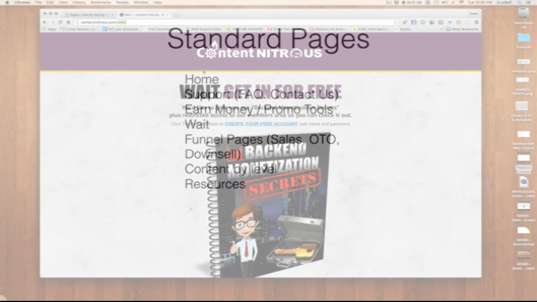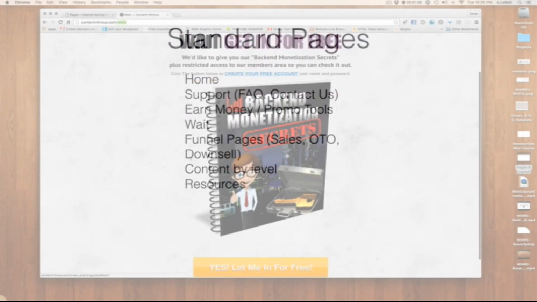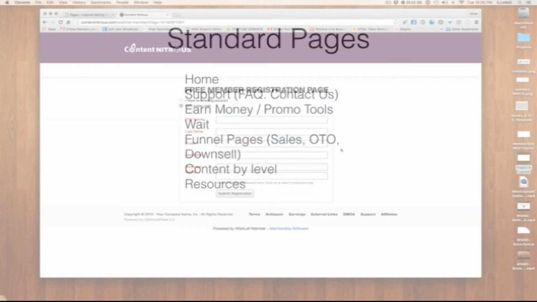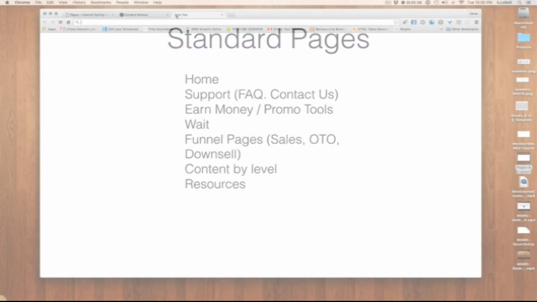Okay, so that's what a weight page looks like. It's a very simple page with a button on it that takes them to a default wishlist registration page if you are giving away a free level. You don't have to give away free access to your site. You don't have to make a free member level. That's just what we chose to do for Content Nitrous. Look what we're doing on